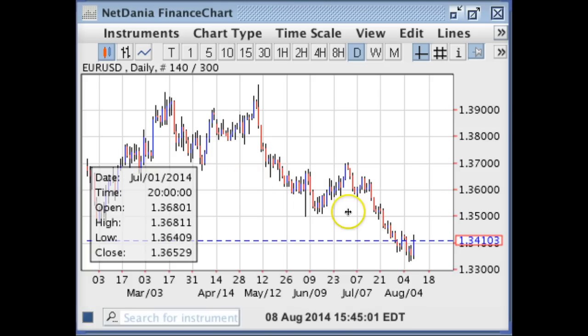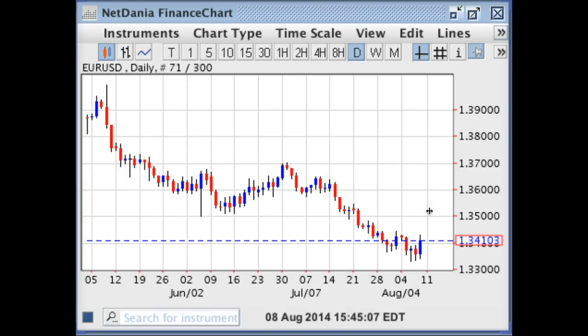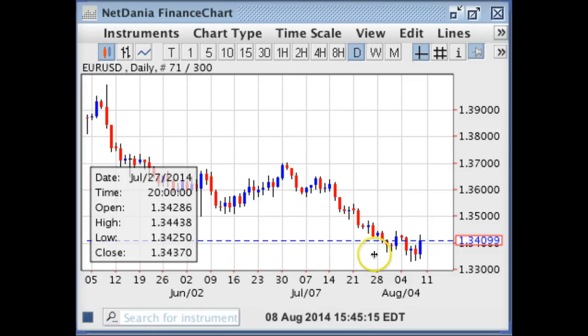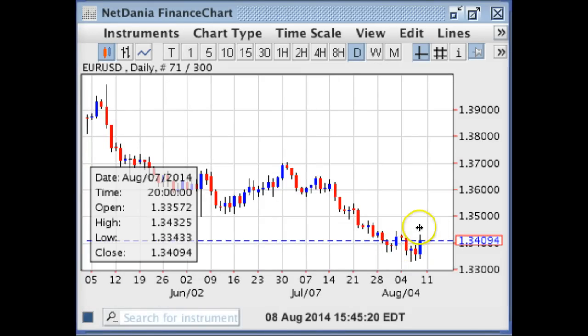Zoom in function. You see basically the 3350 really held, on the fact that we didn't get any worse as far as risk aversion flows. Overall, Euro remains in a very long downtrend, but we are clearly having a little bit of a dead cat bounce, and to me it really represents an opportunity here to sell the rallies into any kind of strength into 35. So I think 35, which was a very key support level, it kind of held,